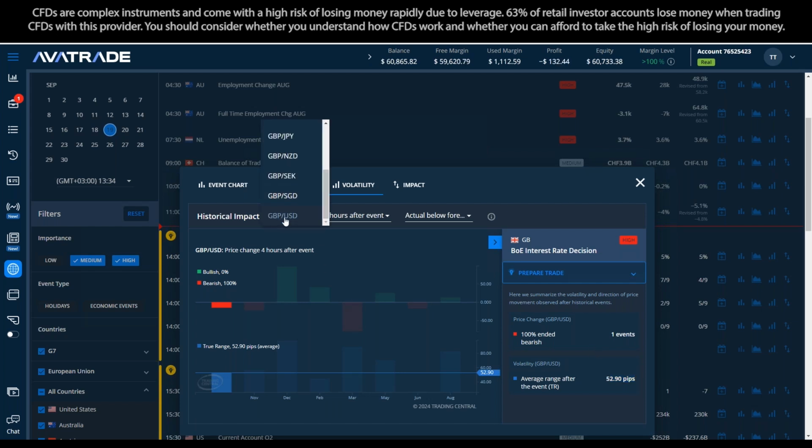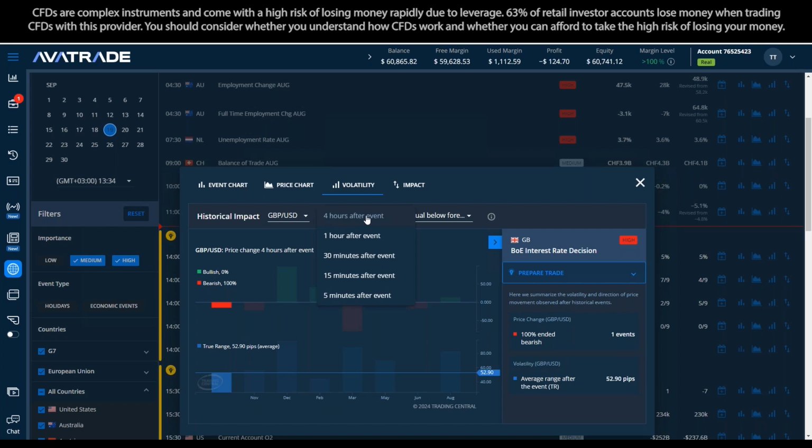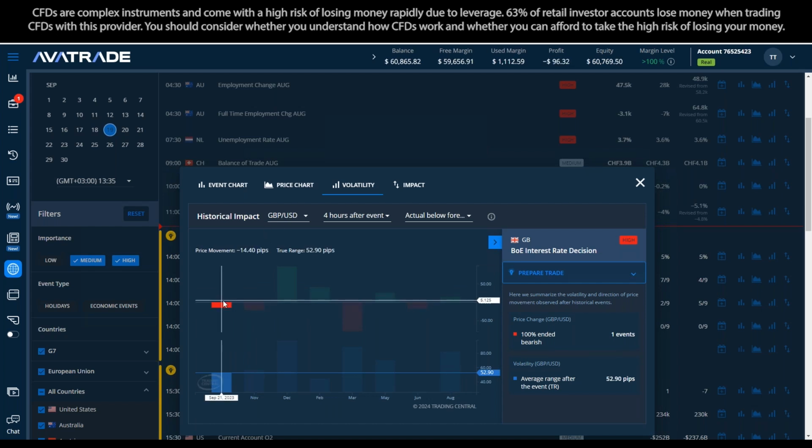You pick the currency pairing you want for the announcement. You pick the time that you want after the past announcements to analyze, and the way the announcement comes in, how did it move? So if it came in below forecast as expected, the pound weakened. Okay, you can confirm that in the past. So if today it comes in lower than expected, instead of 5%, 4.75, for example, there's precedent in the past to think